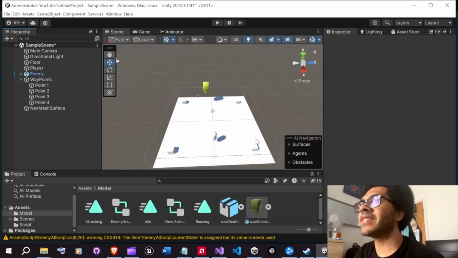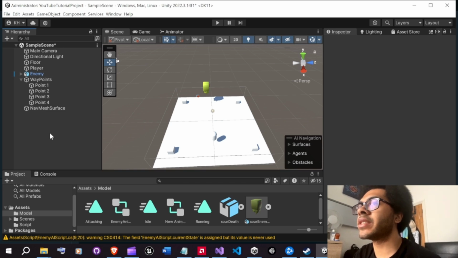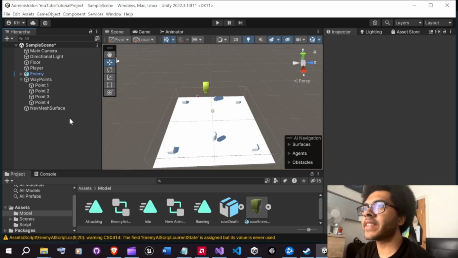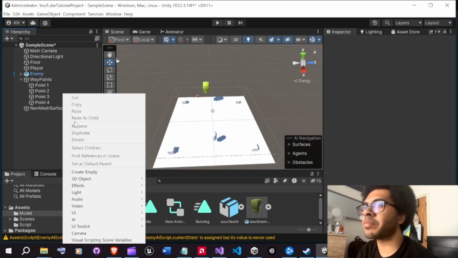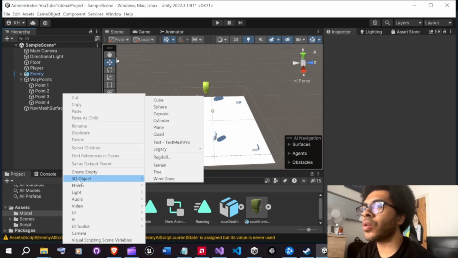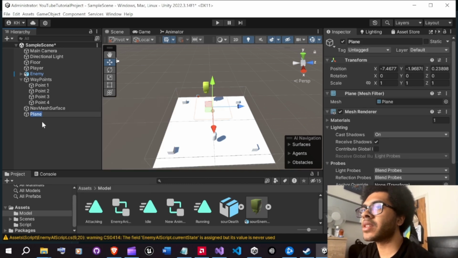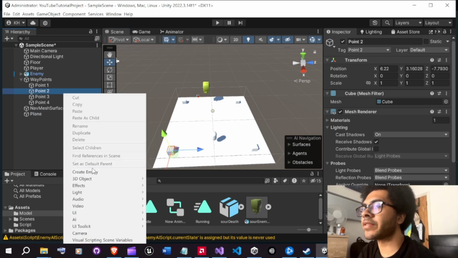Now it's time to set up your enemy AI. First of all, just make sure you have what I have. To get the same folder I have, just click on the mouse right button, hold the 3D object, and then press play. And to get the cubes I have right here, just do the same thing as before,